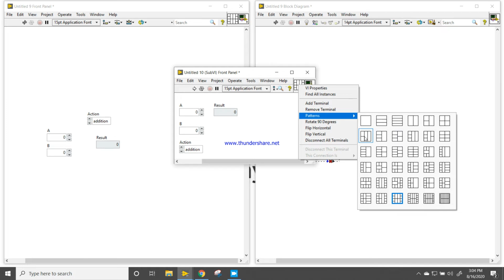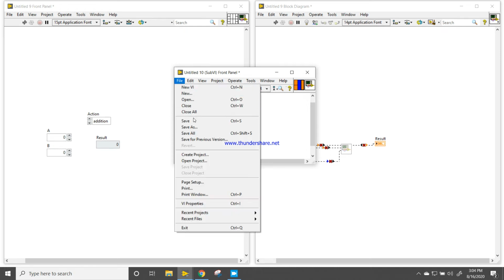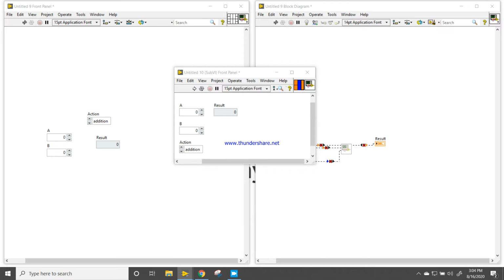Also this one we can use, so we will use this one. Click here, A, B, this one is for the action and this one is for result. Now try to save this program.